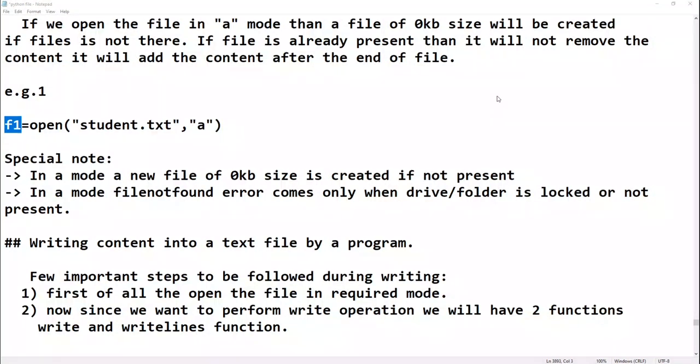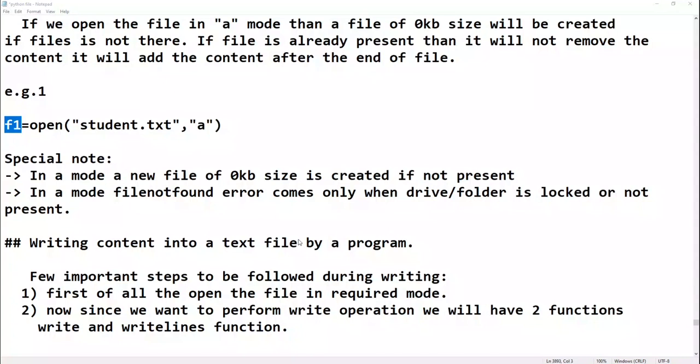This is the external file. Suppose the name of the file is stu.txt, let me just guess. Fine. So what happens when you type this? Let me just do it once.